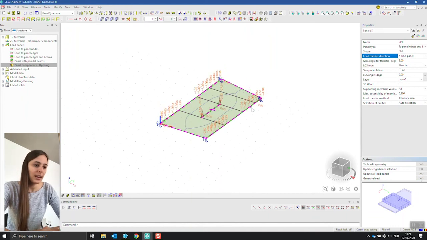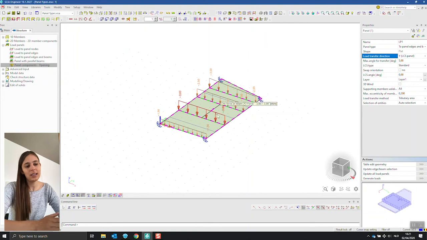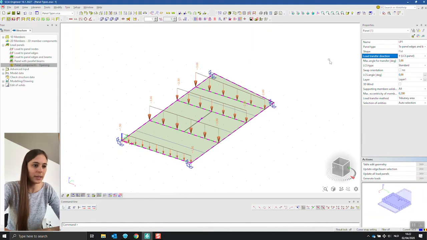Now I see that only the beams perpendicular to this X direction get some loading on them. Maybe the Y direction will be a little bit clearer. Alright, so only the beams in the Y direction, perpendicular to the Y direction, get loaded. Okay, we see that this final beam, the inclined one, is not getting any loads, and this is because of